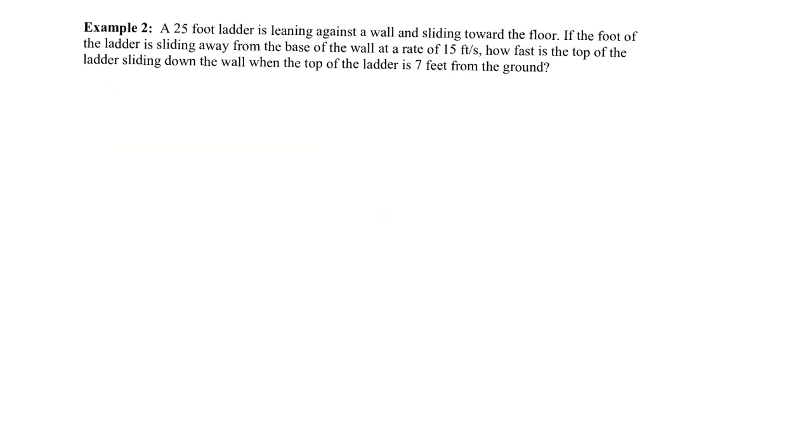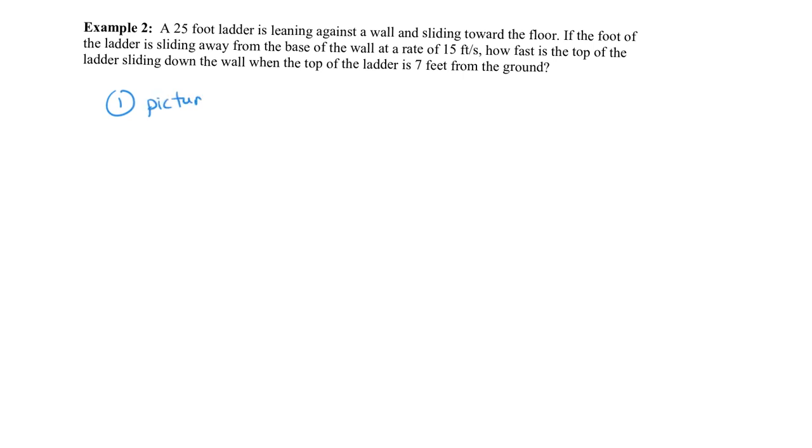Okay, let's take a look at example 2. We've got a 25-foot ladder leaning against the wall and sliding toward the floor, which is very bad if you're on the ladder. It says that the foot of the ladder is sliding away from the base of the wall at the rate of 15 feet per second. How fast is the tip of the ladder sliding down the wall when the top of the ladder is 7 feet from the ground? Now, after reading this, you'll probably see why I think it's always a good idea to just draw a picture. So for step 1,